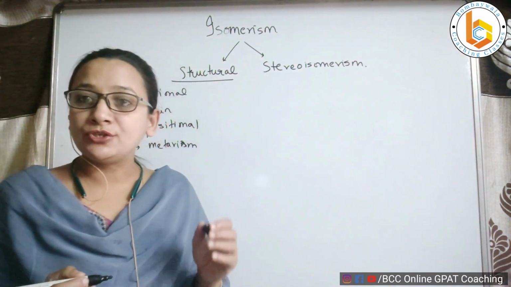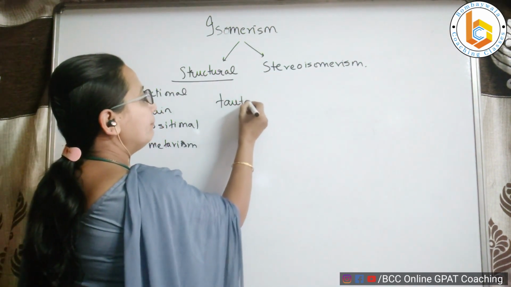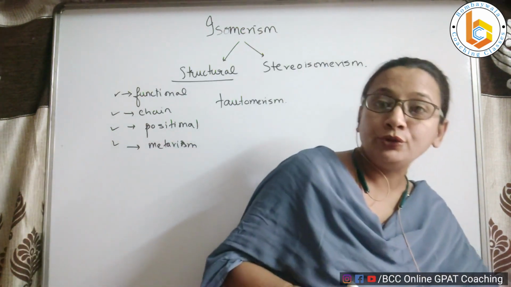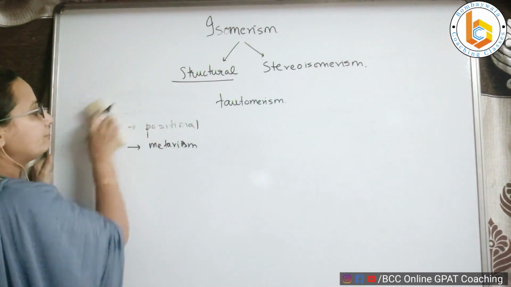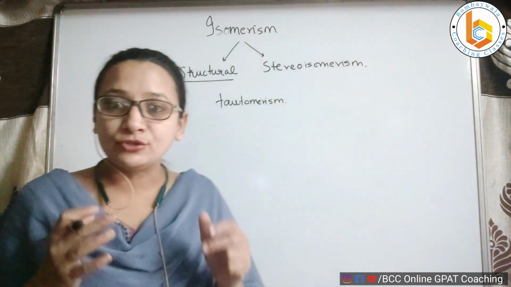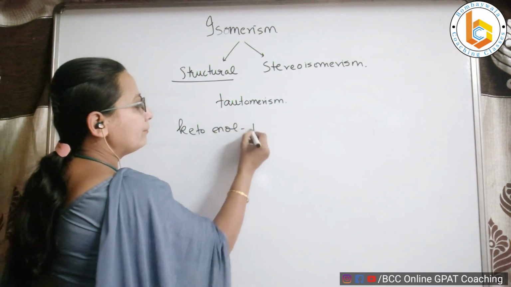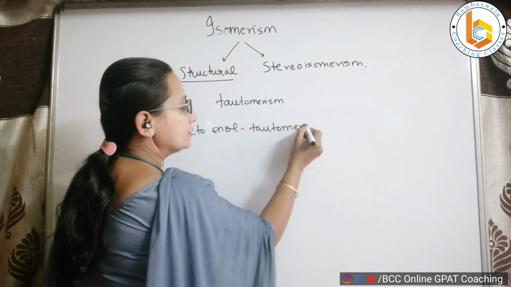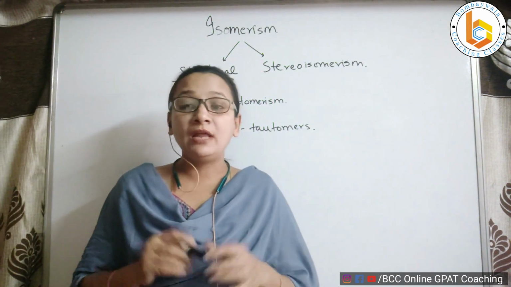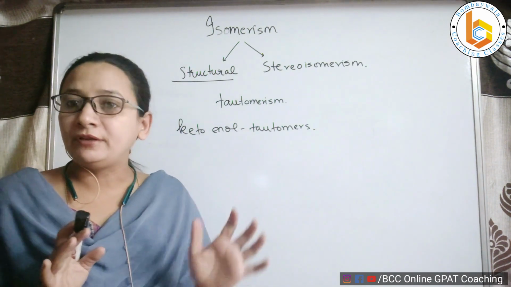Another unique structural isomer that we are going to talk about today is called tautomerism. In this video we will be talking about this concept referred to as tautomerism, and we will be taking one very important example of conversion of structural isomers, which is referred to as keto-enol tautomerism or tautomers. देखिए, हमने हमेशा से बोला है कि structural isomers are those which will have the same molecular formula, but they will have something different in their structures.